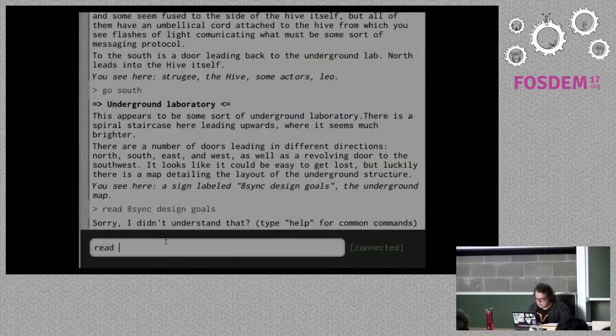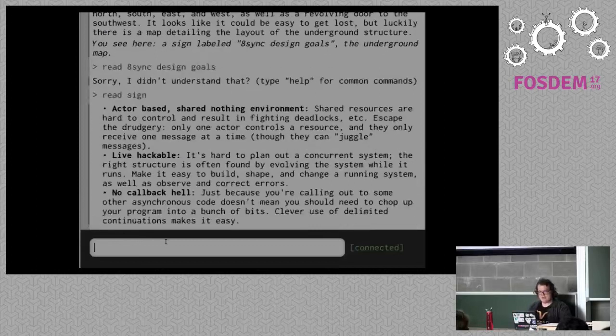So it's an actor-based shared nothing environment, and what that means is the actor model is one way of being able to handle concurrency. If you've done any asynchronous programming, you know how much of a pain threads are, right? And locking is a nightmare, right? What the actor model takes as an approach is that each actor manages its own state, and they don't share state between them. So when I sip the tea, that decrements how many sips I have left of the tea.